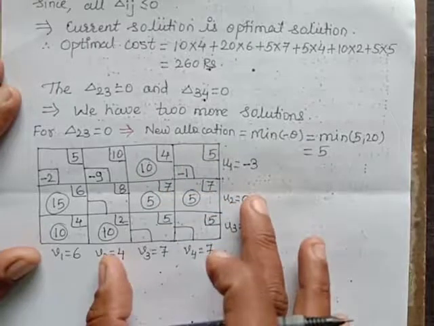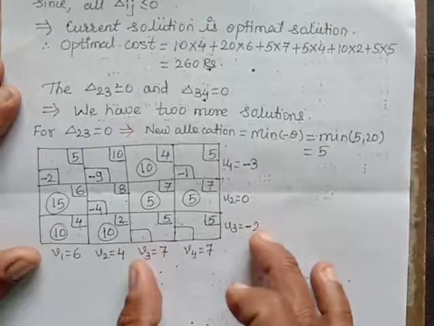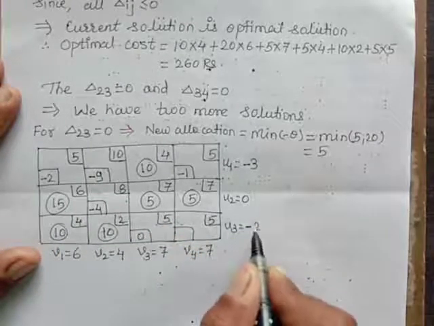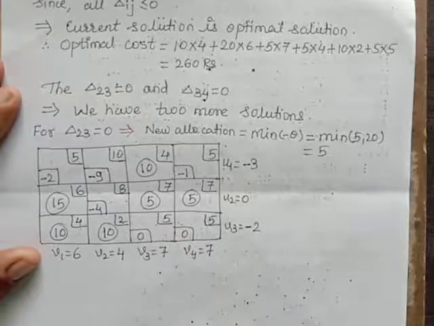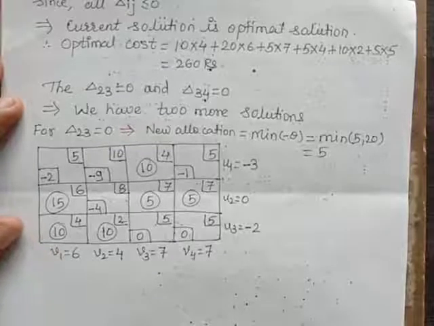Again, the addition of these will be 4. 4 minus 8 will be minus 4. Addition of these is 5. 5 minus 5 we get 0. 7 minus 2 will be 5. Minus 5 is again 0. Here also we get a 0 again. Fine. Now the next part,